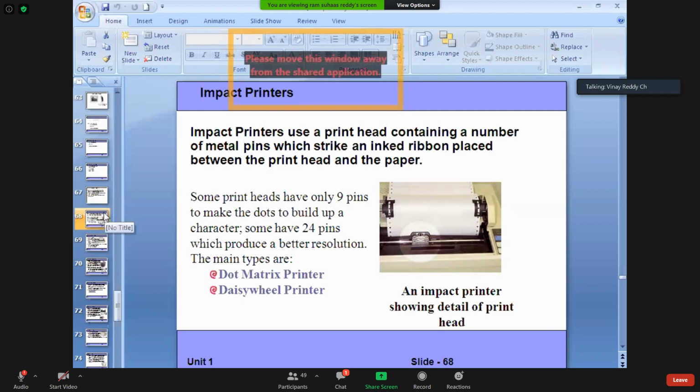What is the type of printer? Back printer. Impact. Dot matrix. Normally, if you go to any bank, yesterday I told you, the same kind of environment will be there. The paper will be printed, which is at very low cost. Suppose you go to the bank and your father asks you to get a printout from SBI. You ask for almost 2 or 3 months, and it will give you 10 or 12 pages for one customer. It is a waste of money for the bank. So that's why they use only dot matrix, which is very low cost.